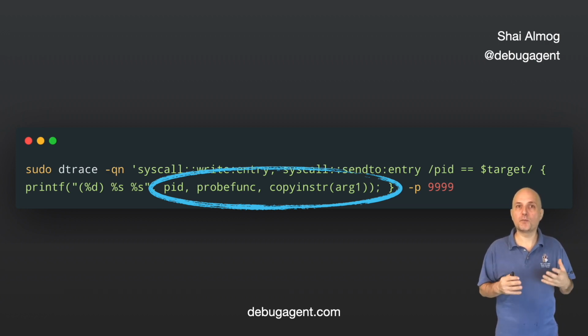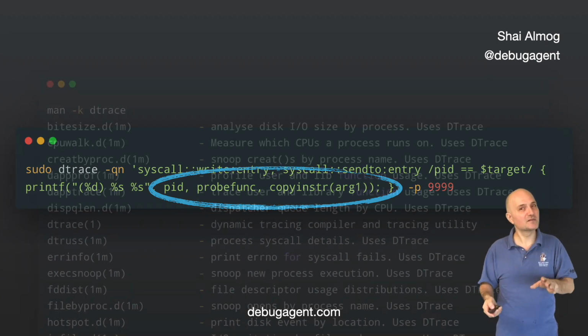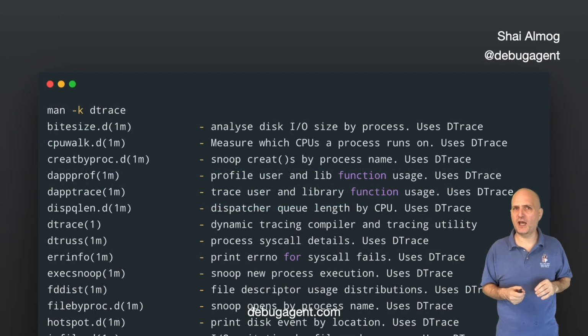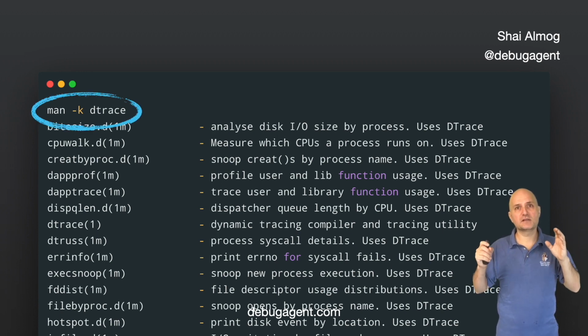This is a very powerful tool, but it has a couple of problems, the biggest of which is how complicated this whole thing is. I can read it, but writing these sort of scripts is hard. As luck would have it, we have a simple solution to the inherent complexity of dtrace. Man pages aren't always helpful, but in this case, they are very useful. We can run man -k dtrace and it prints out all the commands that are based on dtrace.